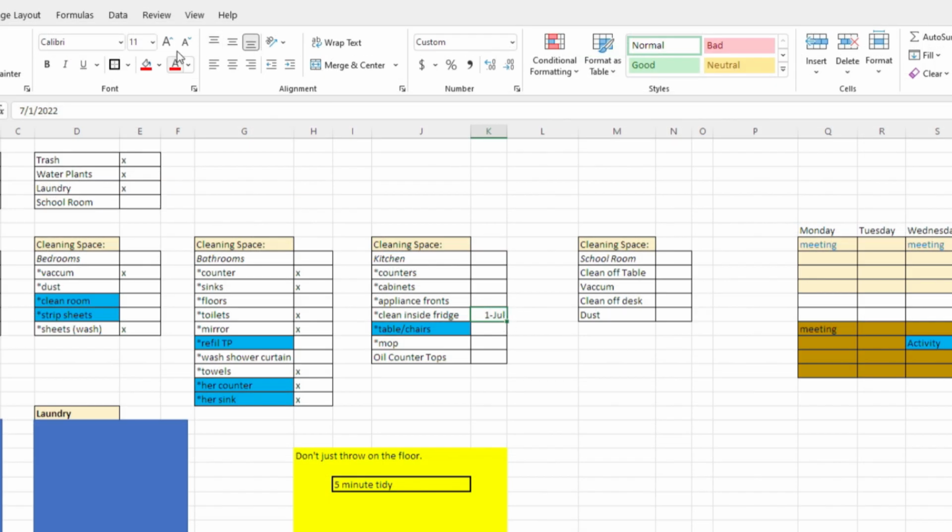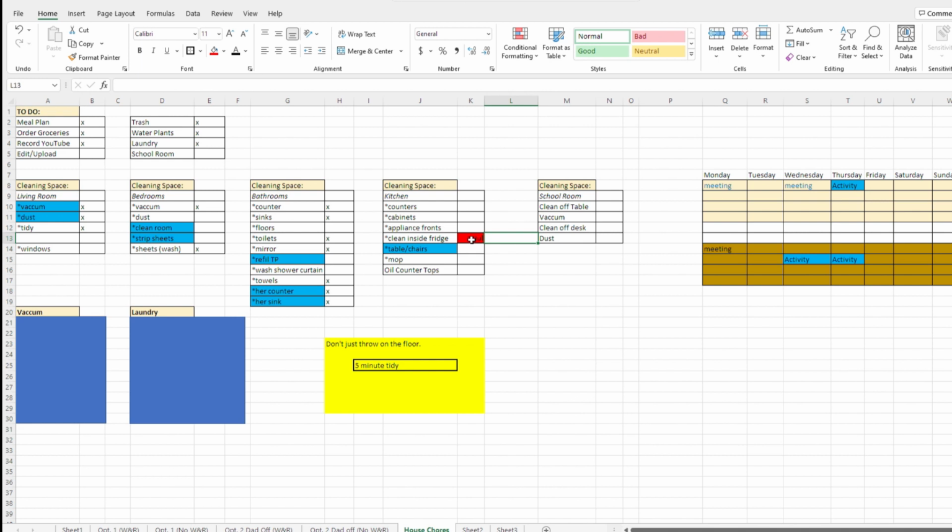So what you could do is you could come over here and you could either make the words red or you could make the block red. And then that way you're like, this needs to occur. We went quite a while on this. Or you could even do color code of, you know what, we're getting a little bit close to time if this needs to be done. Let's say it's actually September 1st instead. And you're like, you know what, it's been over a month. I probably need to get that on. Anyways, you don't have to get all that craziness on it, but that's just an example of some fun things that you could do with it to be like, I'm not doing it today, but I do want to get it done. So then table and chairs, we're going to wipe all those down,